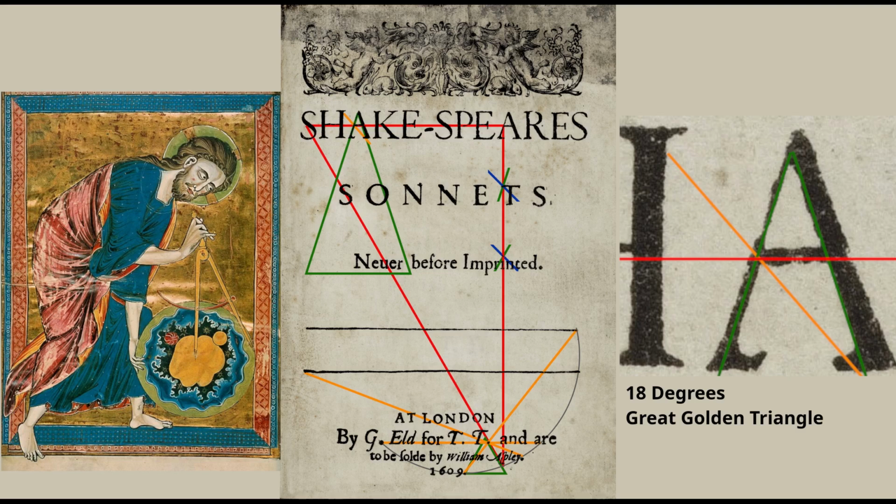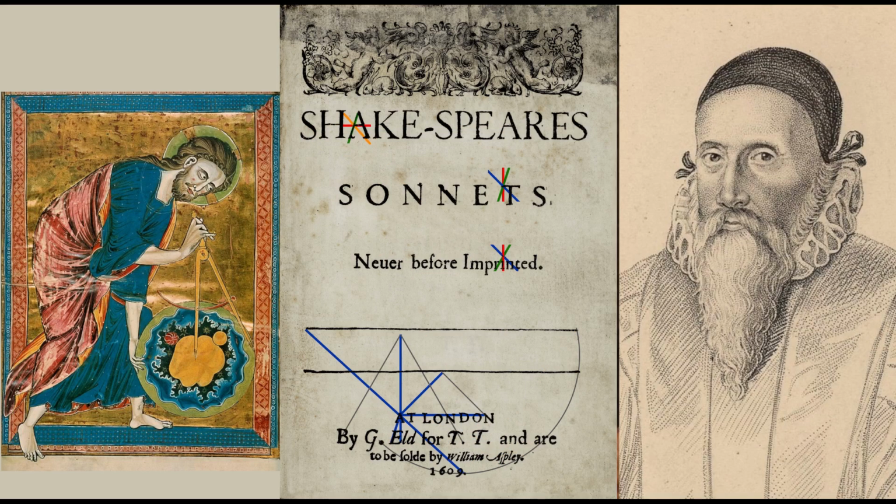The correct point on the A is already marked by the strike-through of Shakes and the golden triangle. It is corroborated by the Alkide star line at 49 degrees. Again, the area of the triangle of coincidence is under 1/16th of a square millimetre. I have discussed the angstrom dot. It has 5 lines through it. There is an 18-degree alignment with the capital E of Eld, which may reveal the location of the missing third